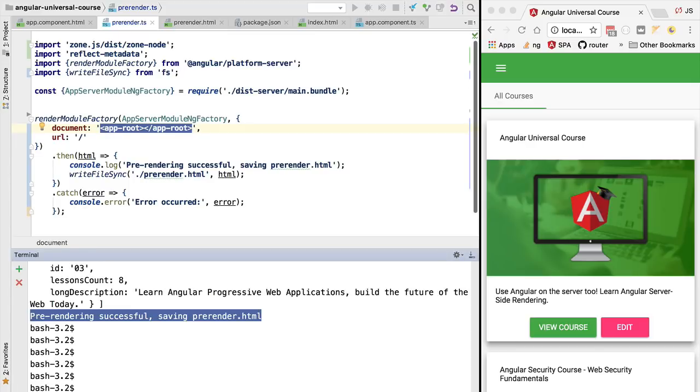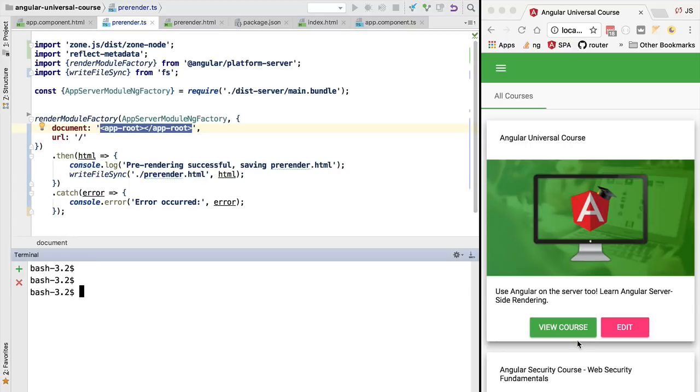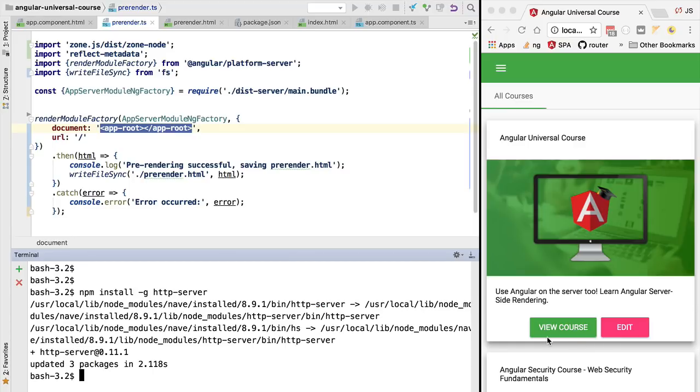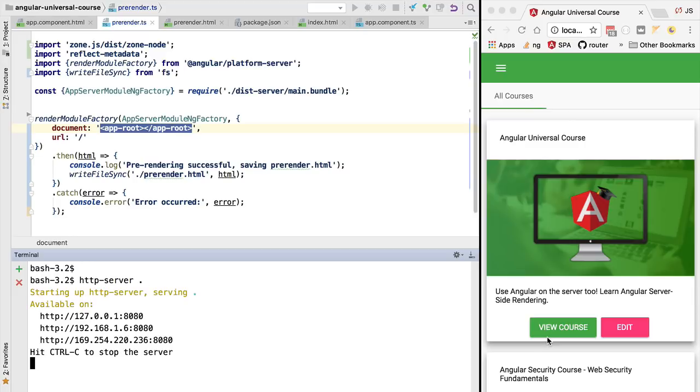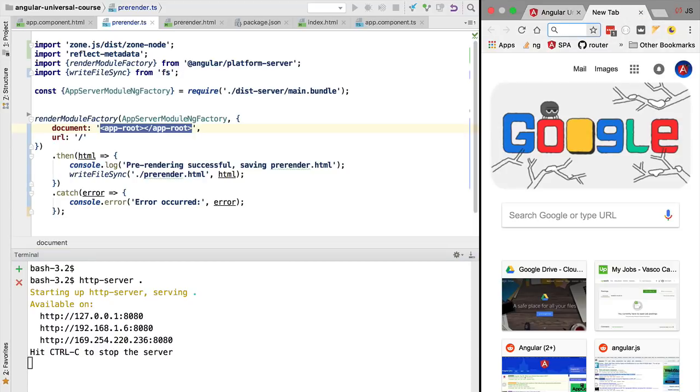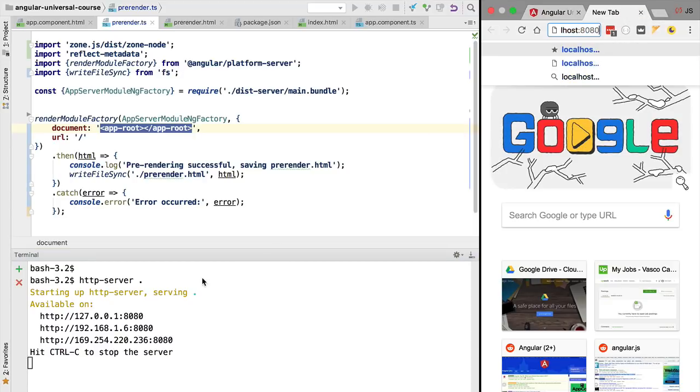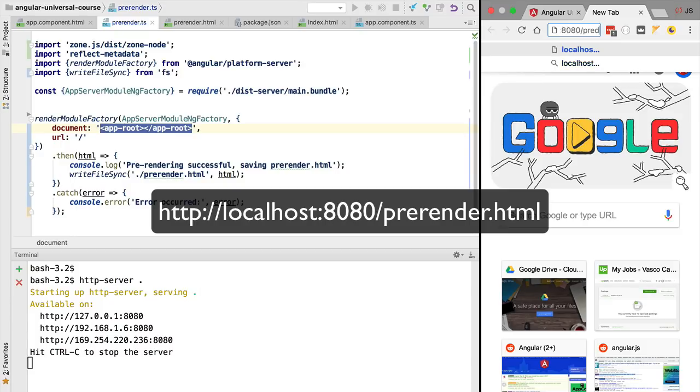Let's have a look at what this HTML looks like on the browser. For that we are going to be using the http-server utility. In case you don't have it installed on your node global installation, let's start by installing it with npm install -g http-server, and after a moment we will have this utility globally available. If we now run http-server and we serve the current directory, we are going to be able to see what this file looks like at the level of the browser. So let's head over to localhost port 8080